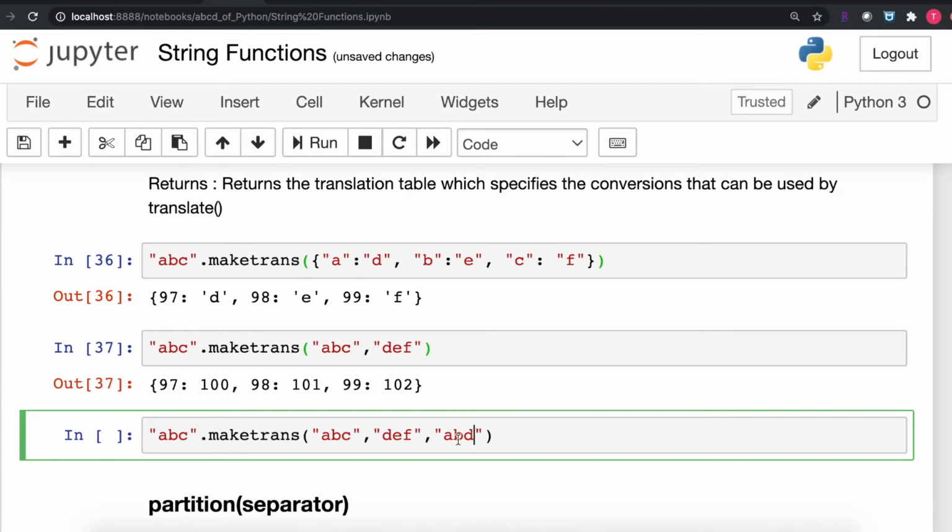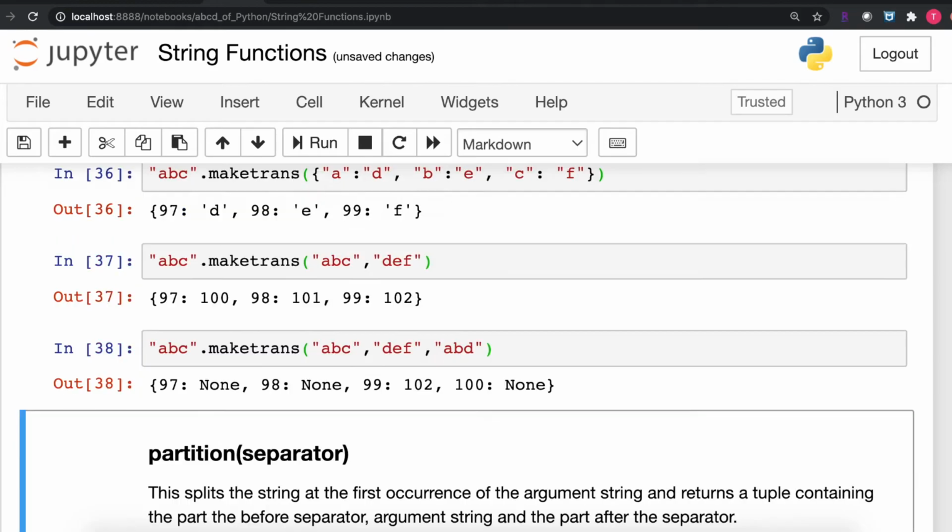So if you check, the D character does not have a mapping as it does not exist in the first parameter. A new mapping will be created for the D character with None. So let's execute the code and you will see A is mapped with None.